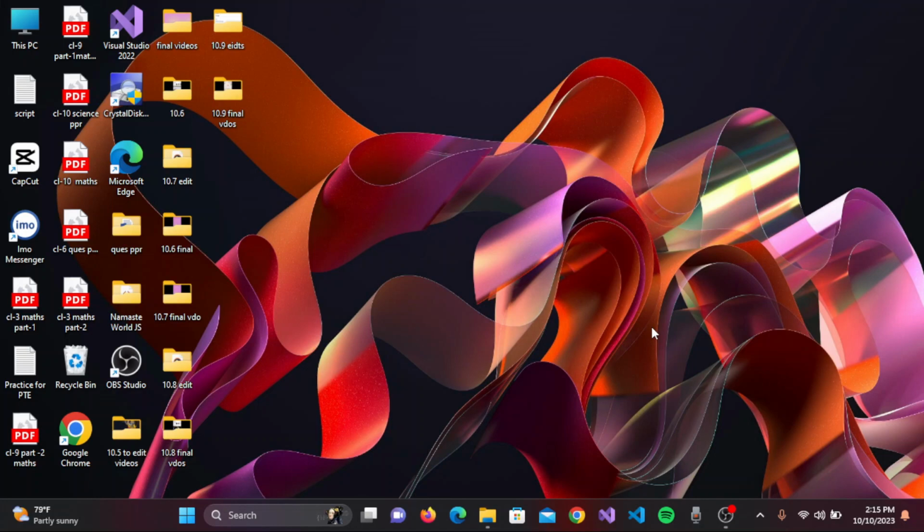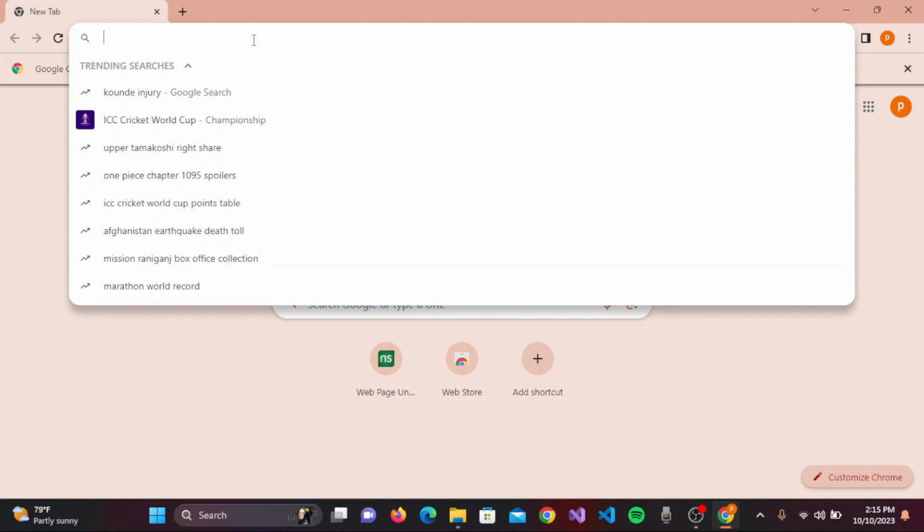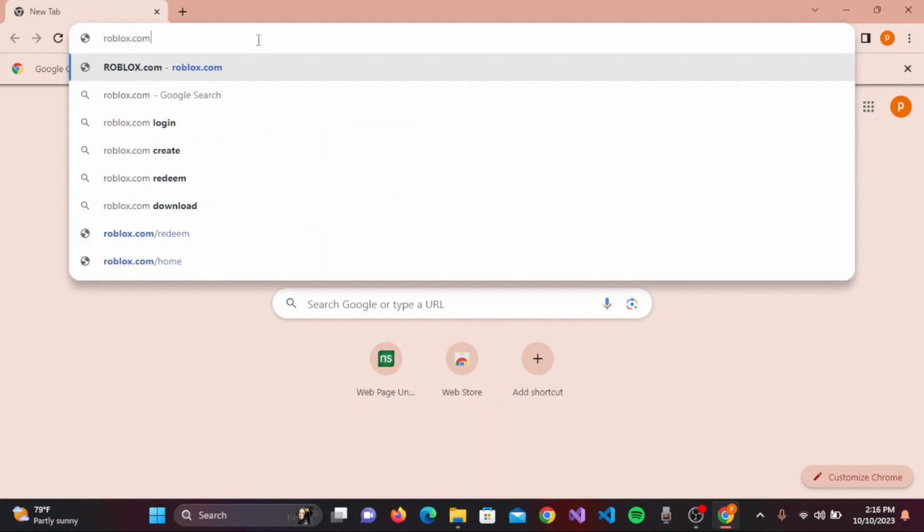In this tutorial video, I'm going to guide you how you can create a Roblox account. For that, you need to first go to any browser. Once you open the browser, then on the top you can see the search bar. Just type roblox.com. Once you are done with typing roblox.com, you need to press the enter in your keyboard, and